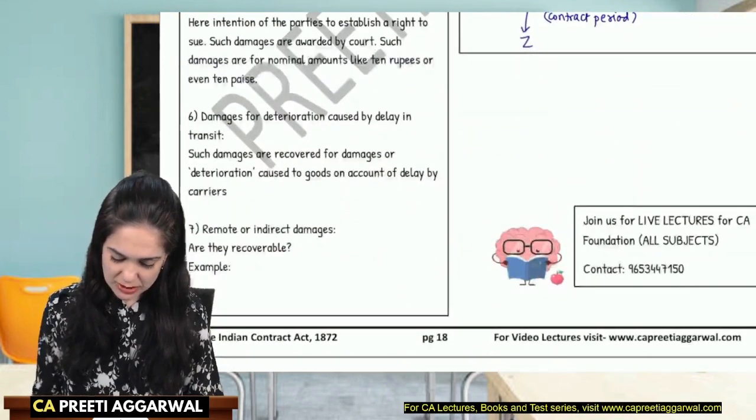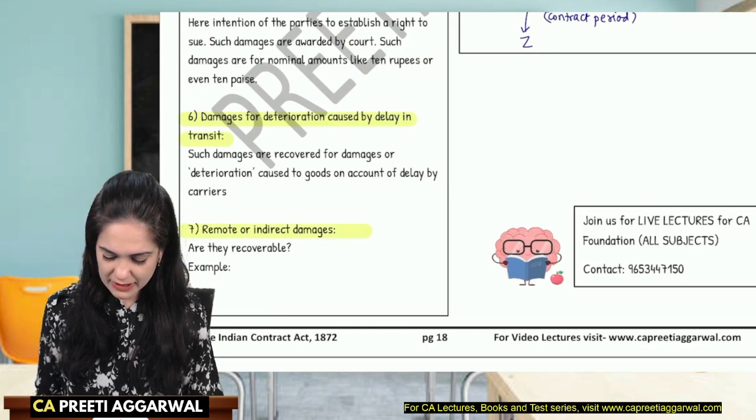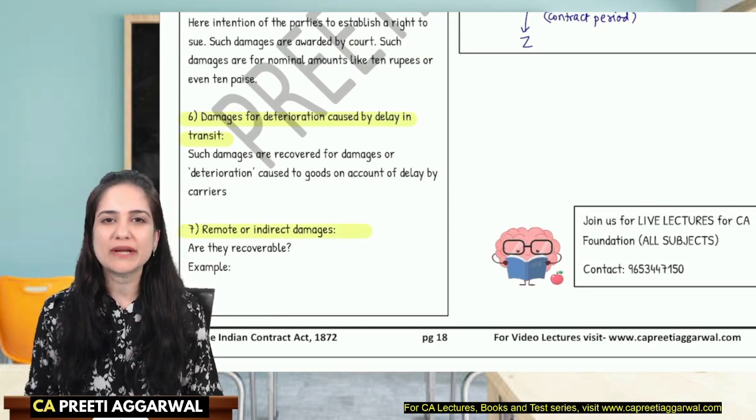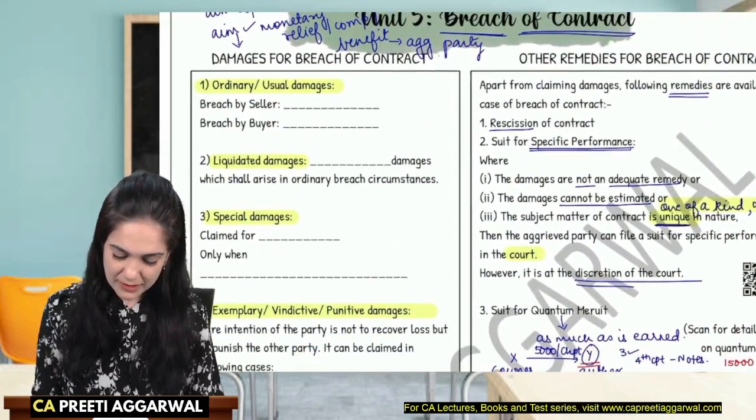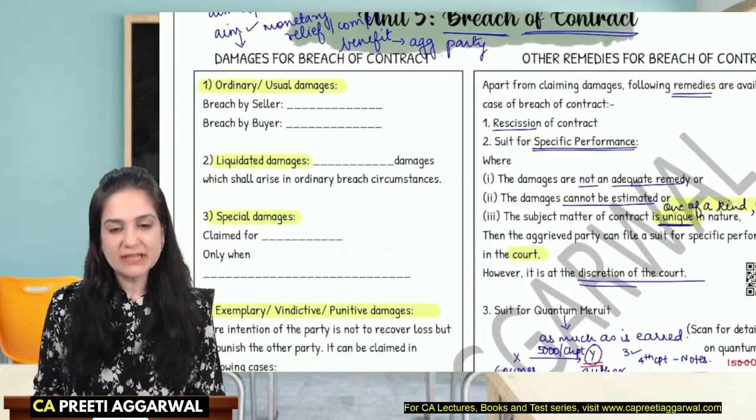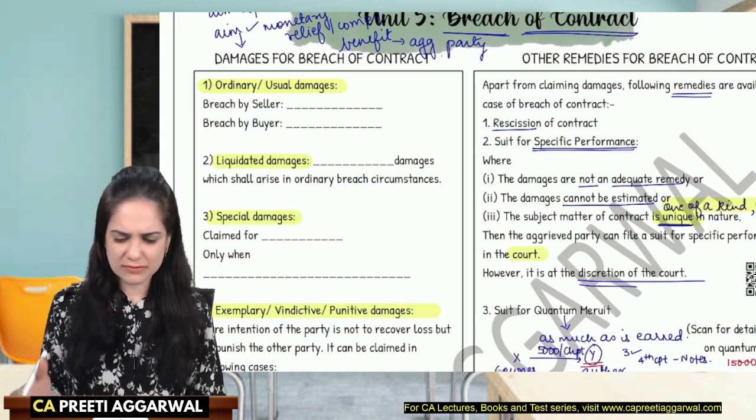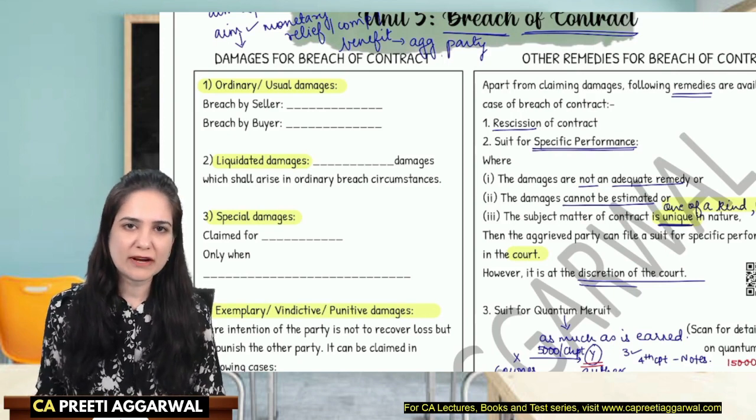Nominal damages or damages for deterioration caused by delay. We also have remote or indirect damage. Let us discuss each one of them in detail. Now, when there is breach of contract and there are certain damages, so you can claim that from the party